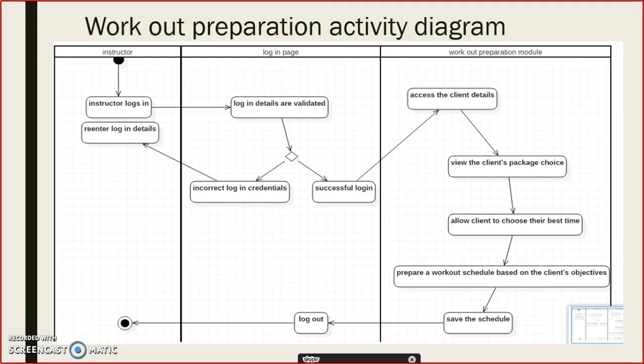After that, if they are correct, he, being the gym instructor, will access the workout preparation mode. After accessing the workout preparation mode, you'll find different plan details, and from there you'll have to choose the packages chosen by the different plans. Then you will allow the client to choose their package, their type